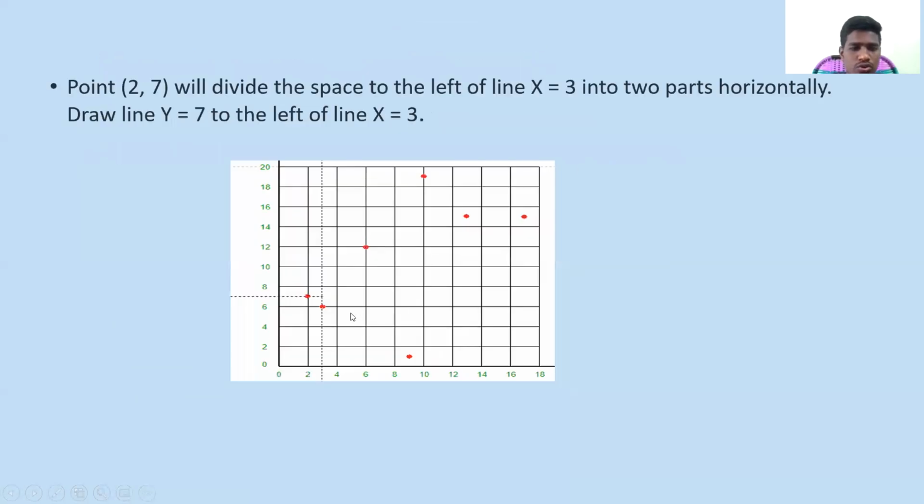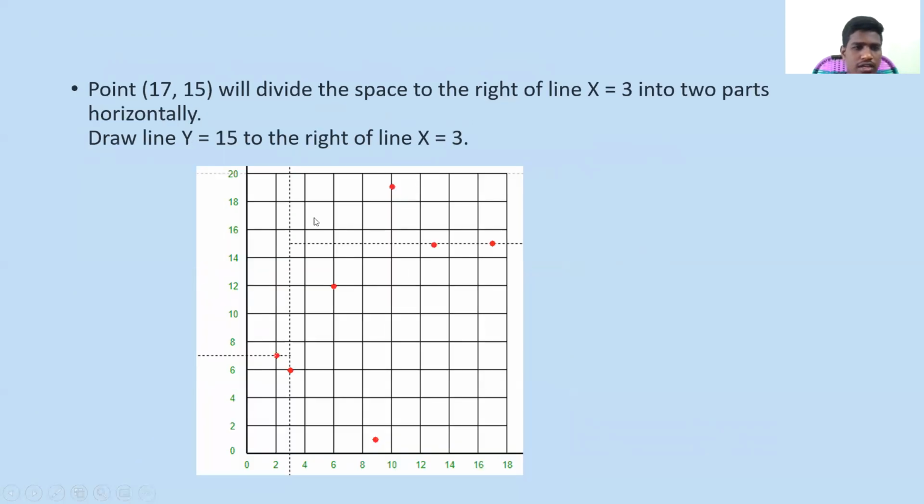2 comma 7 in the y plane. So it divides the y plane into two parts. Here 2 and here 7. Similarly, 17 comma 15. Where is 17? Here 17 comma 15. As 17 comma 15 is in the y plane, it divides the y plane into